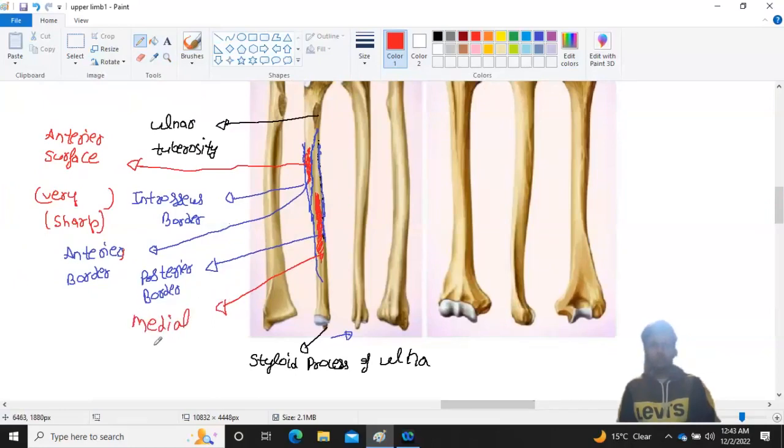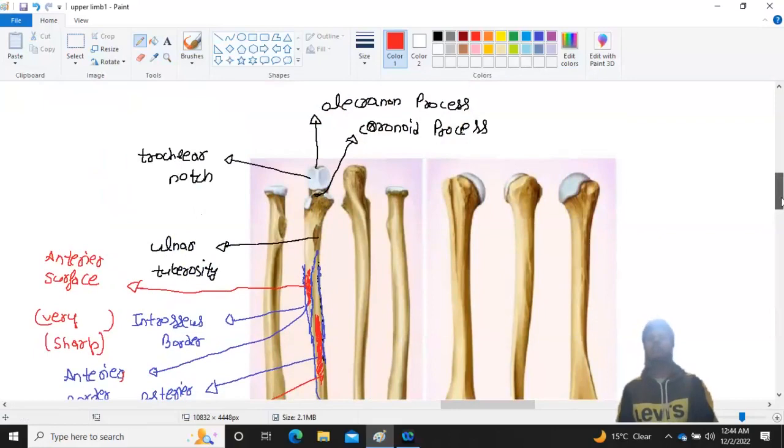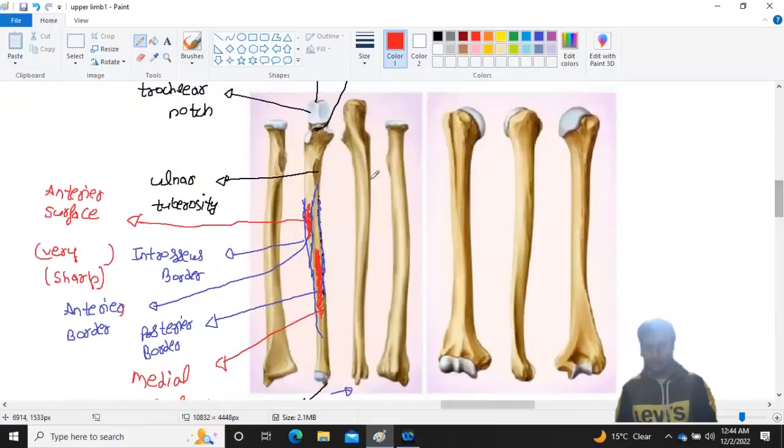मीडियल सरफेस, बिकॉज बॉडी साइड आ रही है ना, डन। तो ये हमारी मार्किंग्स हो गई रेडियस की। अब पोस्टीरियर साइड पे तो हम एकदम फ्रंट से नहीं दिखता, वो हम इस साइड पे दिखते हैं। ये जो होगा ना हमारा, ये पोस्टीरियर बॉर्डर है, डन। एंड वी कैन से दिस द इंट्रोशियस बॉर्डर। इंट्रोशियस एंड पोस्टीरियर बॉर्डर के बीच में हमें मिलेगा पोस्टीरियर सरफेस। दिस इज पोस्टीरियर सरफेस।